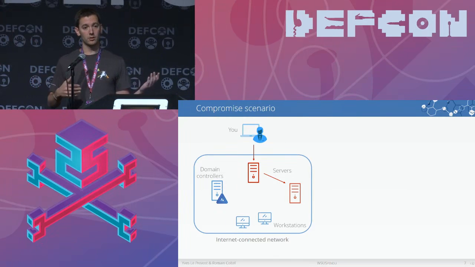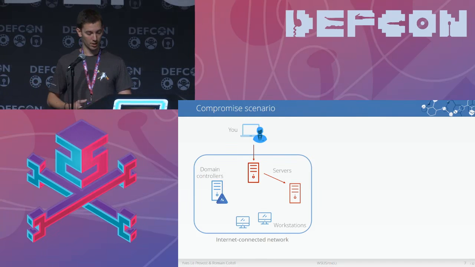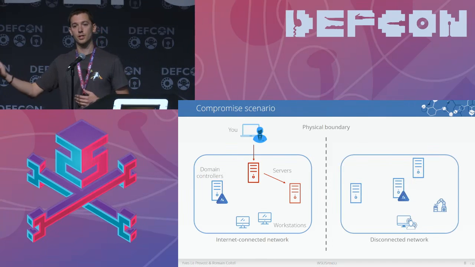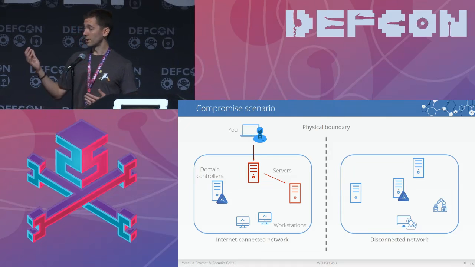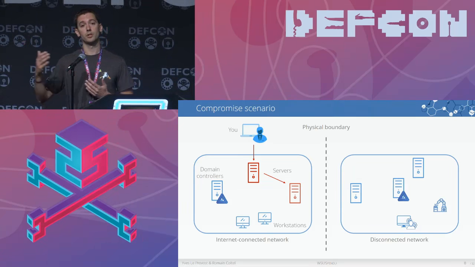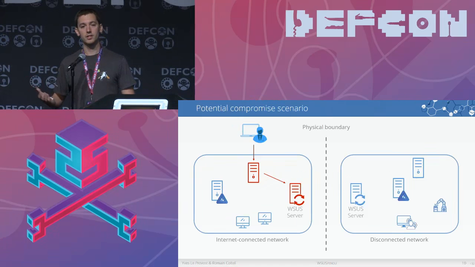But by looking at the information, the data that you get on these servers, you realize that there's another network, a disconnected one, next to the one you're trying to compromise. The problem here is that you don't have any more credentials to get more into the network. So you're basically screwed. But when you look at the servers you've compromised, there's a WSUS server, and the question